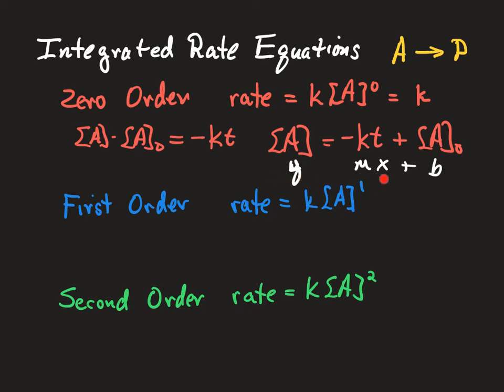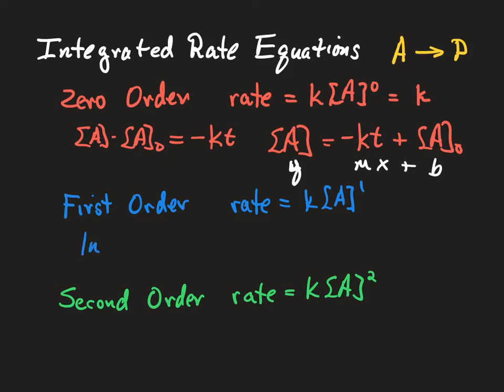And so, using this, we can follow a reaction, the concentration of the reactant with time, and the slope tells you what k is if it's zero order. For a first order expression, when you integrate that first order expression, where A is raised to the first power, you get a different equation, and you get something that looks like this, that the